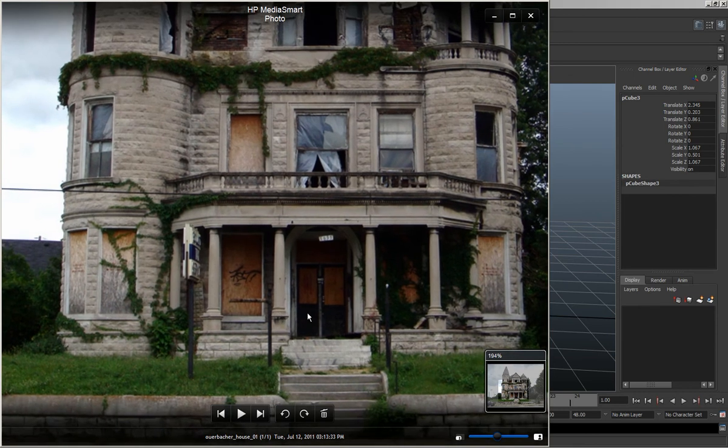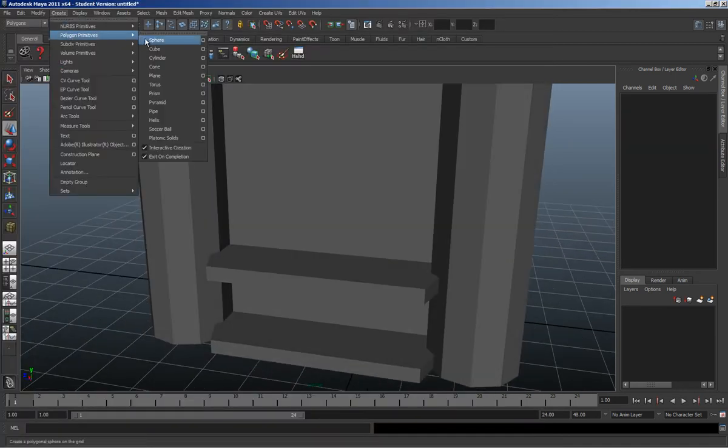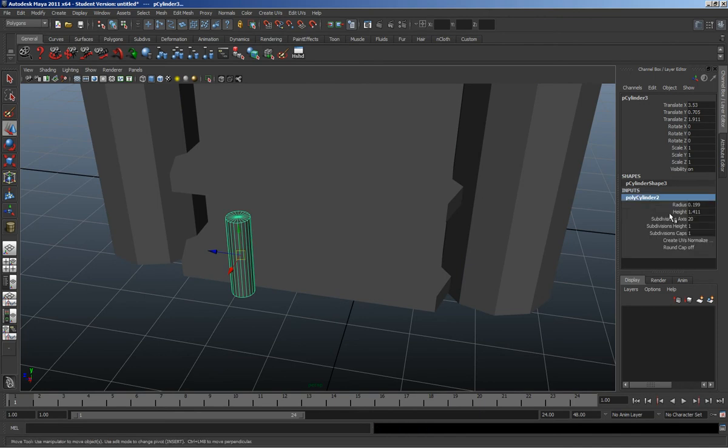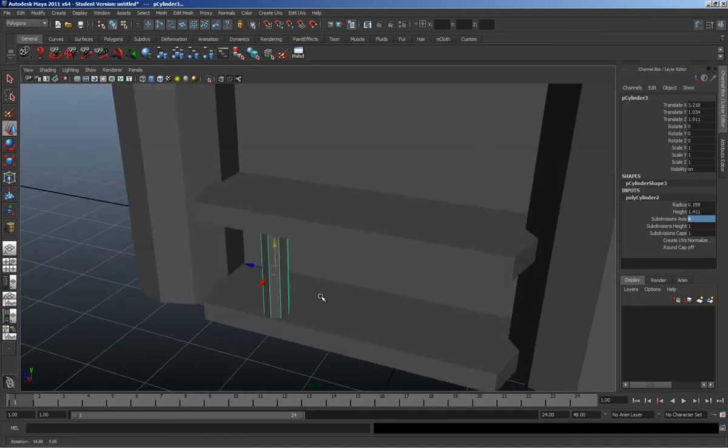Okay, so let's go ahead and create a cylinder and two boxes that represent those guys. So I'm going to go to create, polygon primitives, cylinder, pull that up. Again, I'm going to lower this to about 8 sides. I'm going to move that into place roughly where I want it to be. I'm going to hit R and scale that down, pull that up,